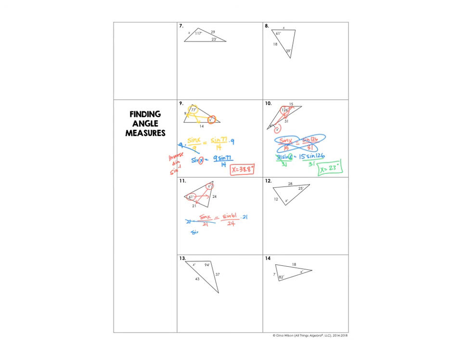So that's going to give us the sine of x equals 21 times the sine of 61 over 24. So looking for an angle measure, we do inverse sine, so shift sine, 21 times the sine of 61, close that parentheses, divided by 24, close the beginning parentheses, and x equals